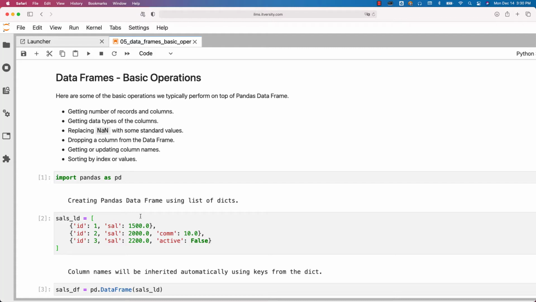So that being said, as we have understood how to create data frames using collections and also understood how to take care of basic operations, now it is time for us to read the files into a data frame and perform some standard transformations using appropriate APIs that are available on top of data frame. And also we have to see how to write the data frames into the files so that we have end-to-end idea about dealing with data frames when it comes to data processing, whether we are talking about mobile application or web application or data engineering applications. We will get into those details as part of the subsequent topics.